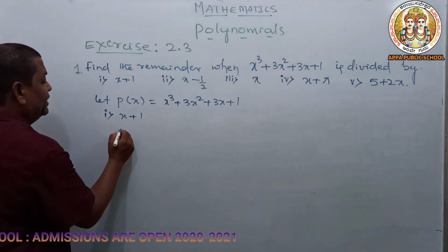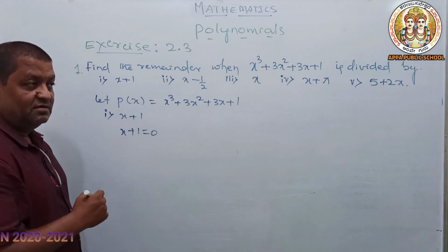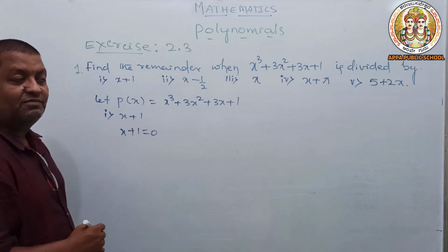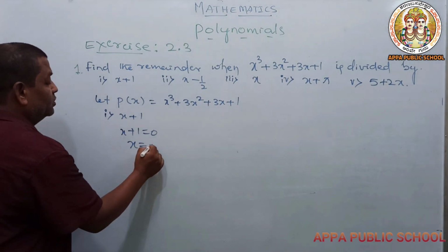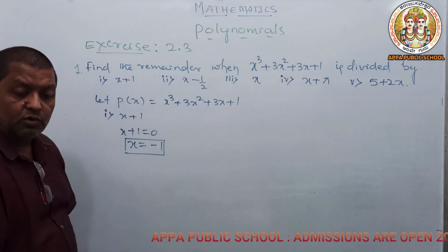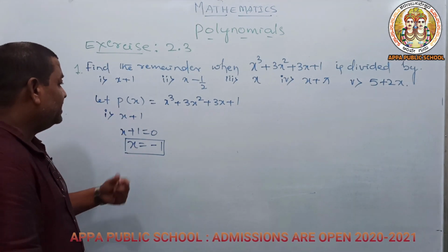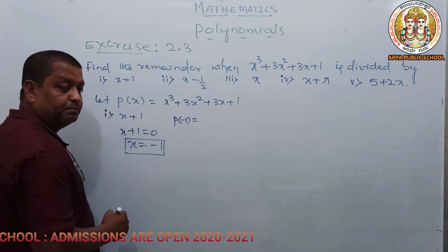What we need to do? We need to equate it to 0 because it's a factor. Then definitely the polynomial will become 0. x is equal to minus 1. So take this and substitute it here. Now p of minus 1 is equal to